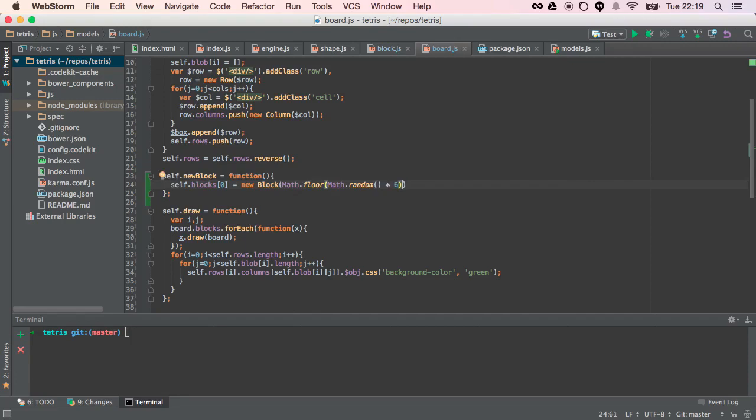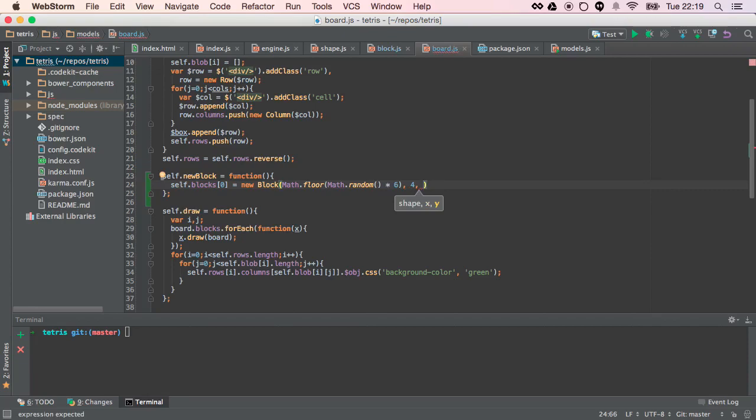I think some of the stuff's not going to come out. Like I think the top one, yeah, we'll try it, right? Give it a shot. Okay, so we have a new block, and for the moment we're going to make them always come in at, let's see, our board is 10 across, and 10 divided by 2 is 5, and then subtract another 1, so 4 for the x, and y being